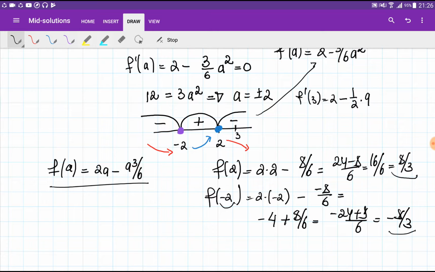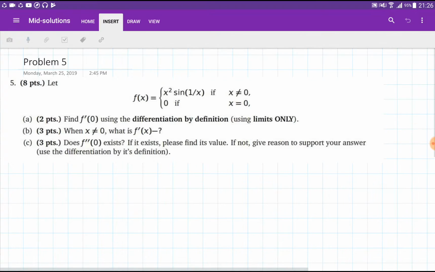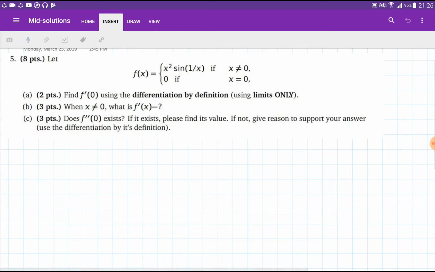It reaches its local maximum at the point 2. Let's go to the next problem. Problem number 5. We're given a curve. We are given a function which has some discontinuity at some point, and we need to find its derivative at this point using the